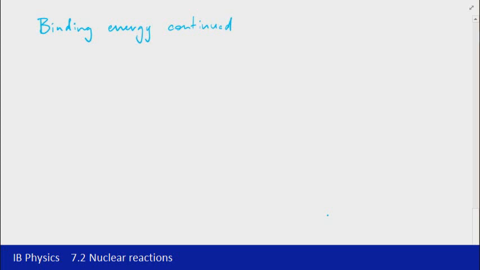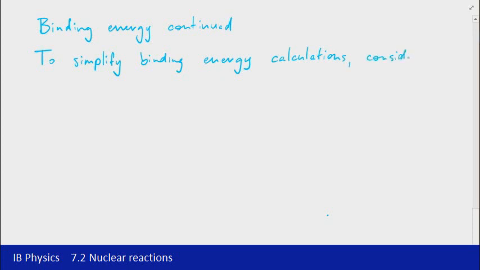Following on from the calculation we performed in the previous video and the activity that we conducted in class, I want to just reiterate the way that we can simplify the binding energy calculations. And that's just by considering the energy that would be released for one atomic mass unit. So what we're going to do here is consider energy from one atomic mass unit,